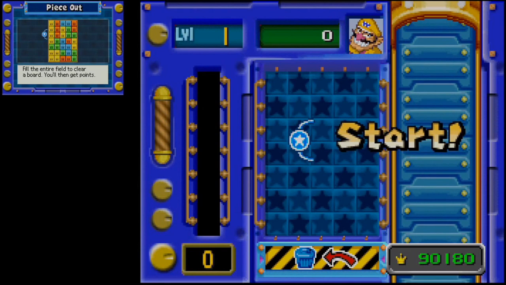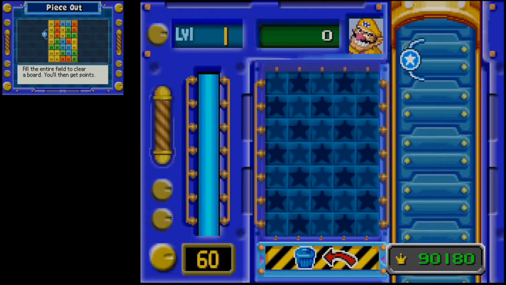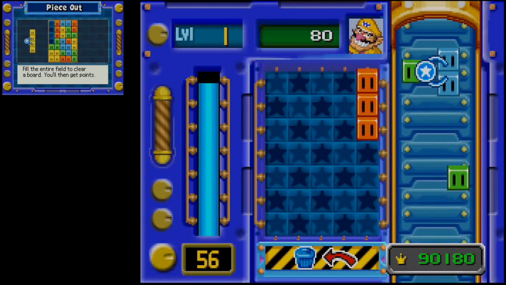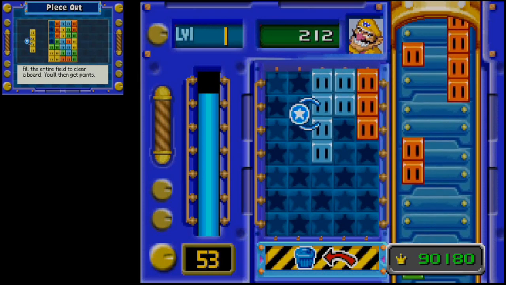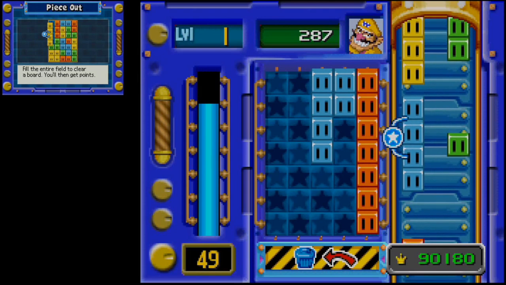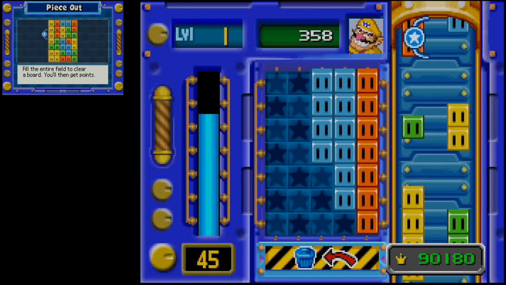So basically it plays exactly like the Mario Party 5 version of this Piece Out minigame, except the noticeable difference is that you're doing this by yourself, with no opponent to face off against. Instead, it's based on how many points you reach. And speaking of Mario Party 5, though,